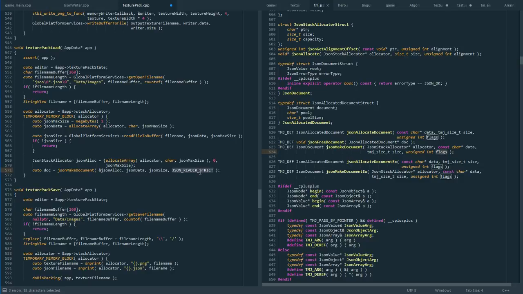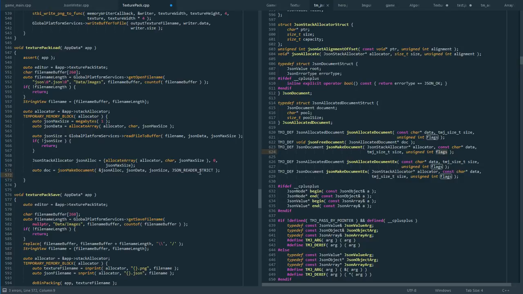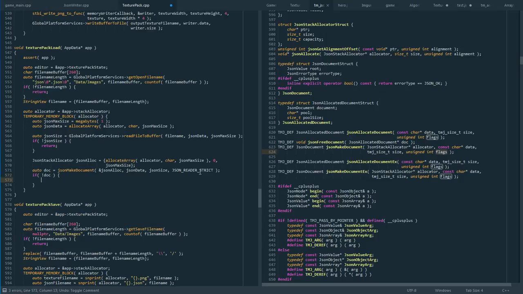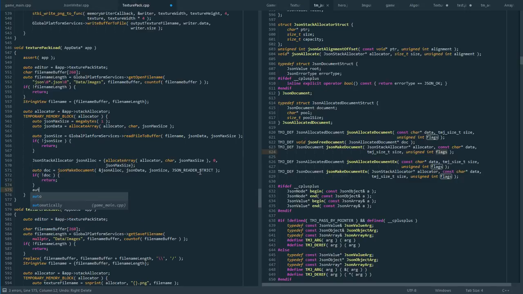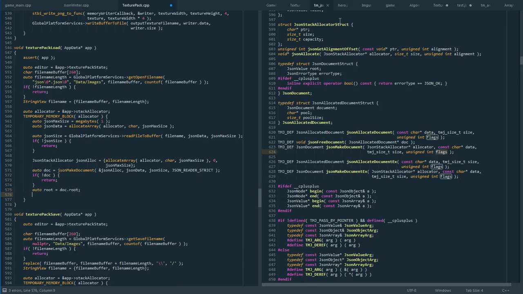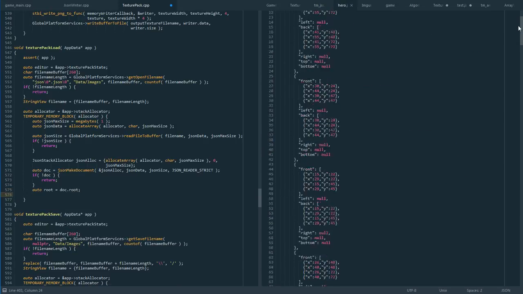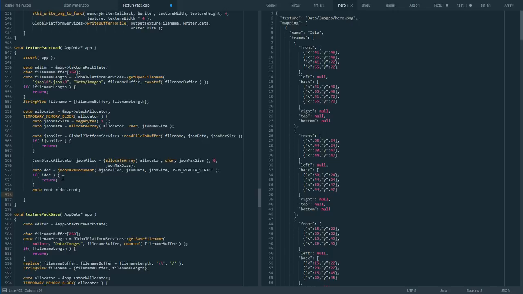Flags being we want to read the JSON in strict mode, so no bugs allowed. Okay, if we got this far, it means we can clear the state,